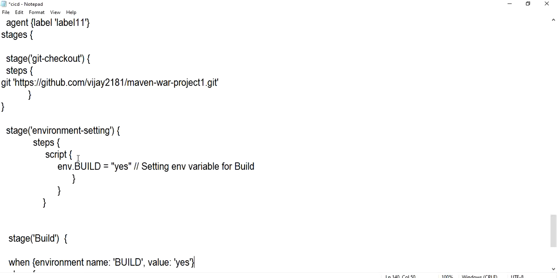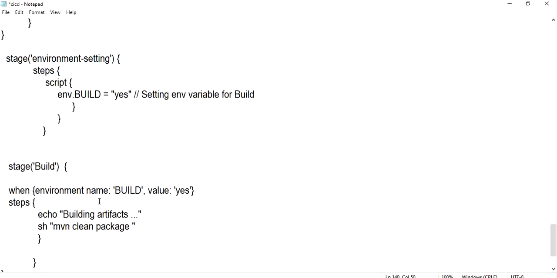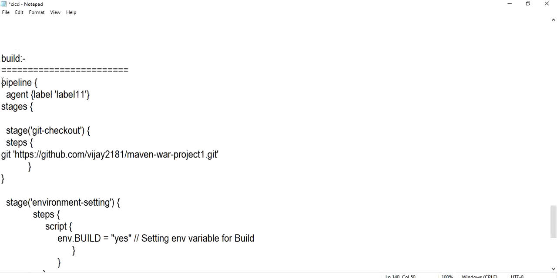Here at runtime I have set up an environment variable which is build. When build equal to s, then perform this job. That's the thing. I used one condition here: when environment variable build equal to value s, then perform maven clean package. Okay, let me copy this.